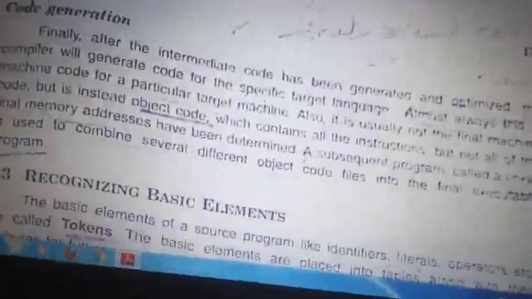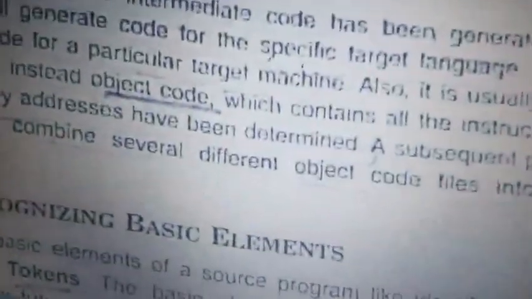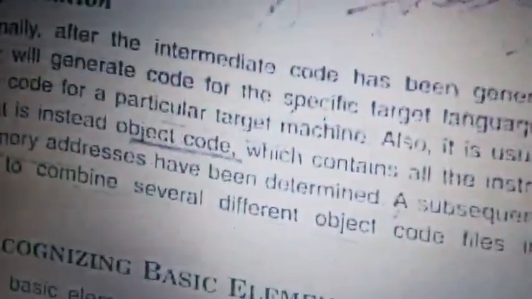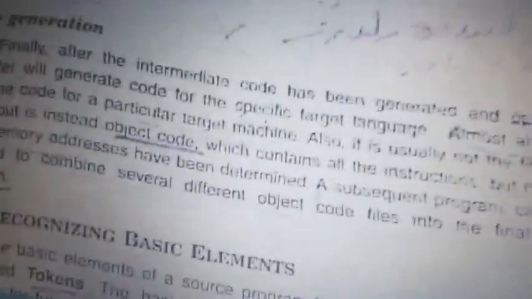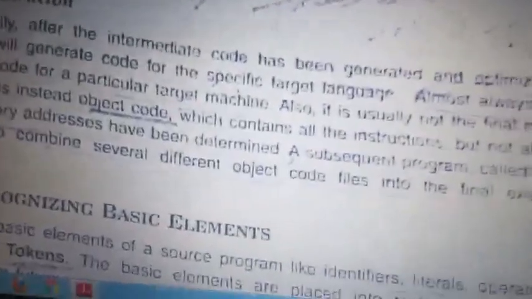And the last phase is code generation. It is nothing but assembly language, which is nothing but an object program. Clear? After all the conversion and optimization has been done, finally you will get an object program. If everything has been done by the compiler, then last we call a linker, which is used to combine all the different object programs and load them for the final execution. Everything is done by the compiler and the linker links everything, or else we can have conversions and the linker will do the external linking.